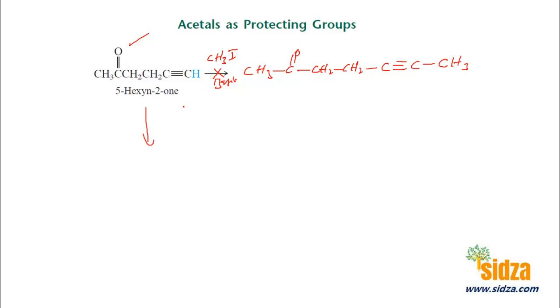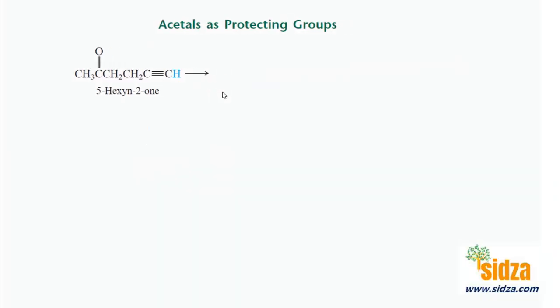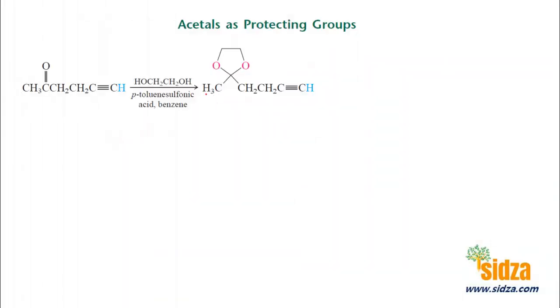All right, so that means we have to first protect the carbonyl group, right? By forming what? By forming this ketal here, right? Then you can replace the hydrogen from this one by methyl. So if I want to convert it into the final desired product, I have to first react this molecule with the diol, right? Because we know this is a ketone and ketones react with the diol. So this is a diol, and now you will get a cyclic